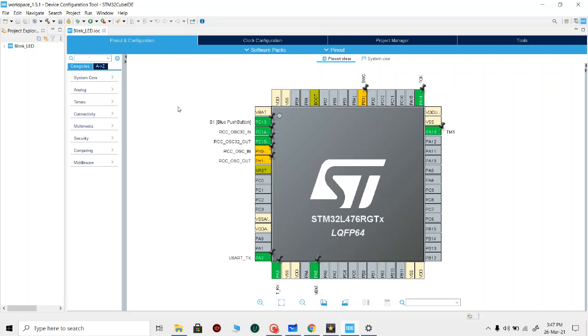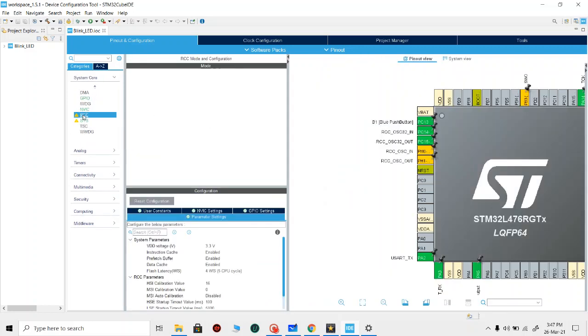So now what we'll do is set up all the system cores. First of all, we'll go here in the left hand toolbar. You can see there are various options such as system core, analog, timers, connectivity, etc. We'll go with system core, and then choose the RCC. So this is our clock.